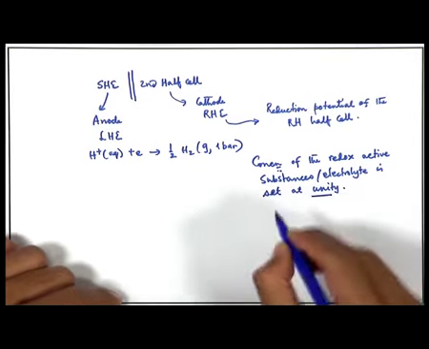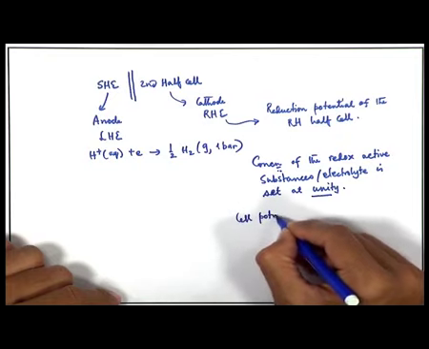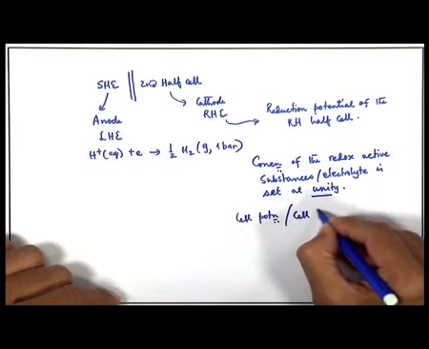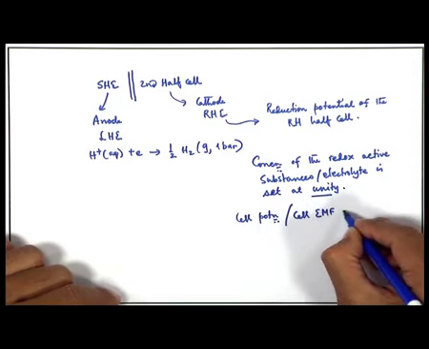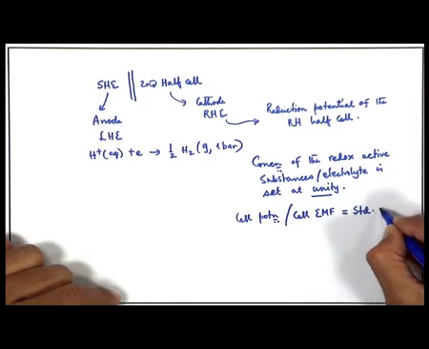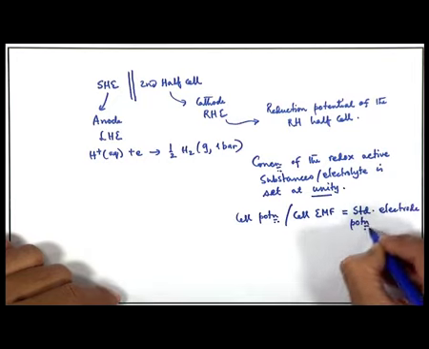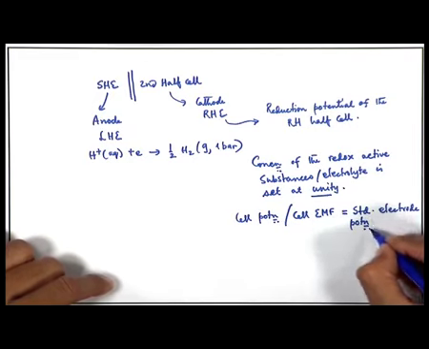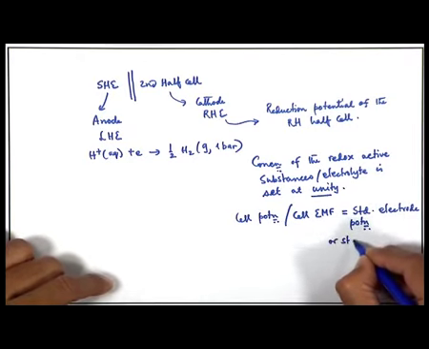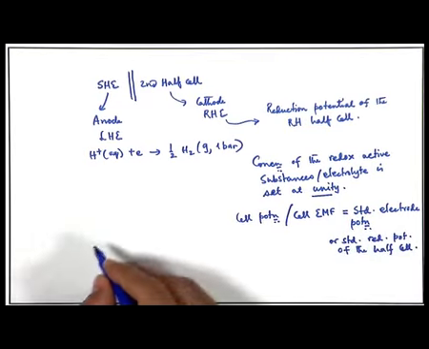If you keep this like this, then the cell potential or cell EMF is equal to the standard electrode potential, or the standard reduction potential, of the half cell in question. So, therefore, what you can write is basically